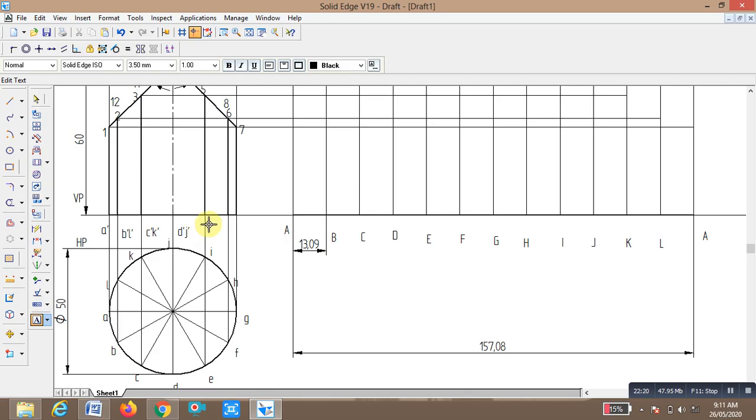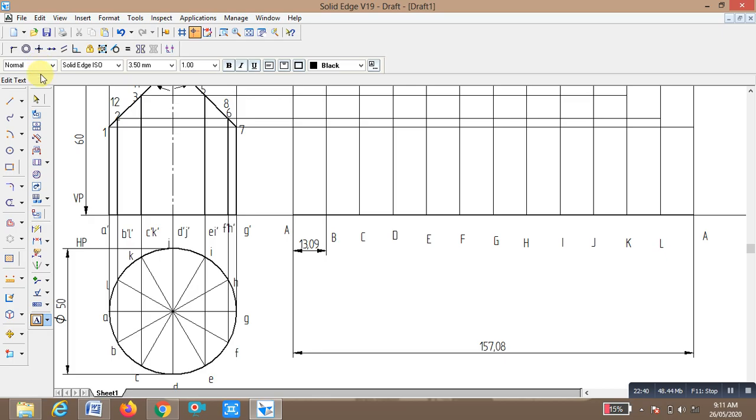Select tool, you make this also dash, it is E dash, I dash.